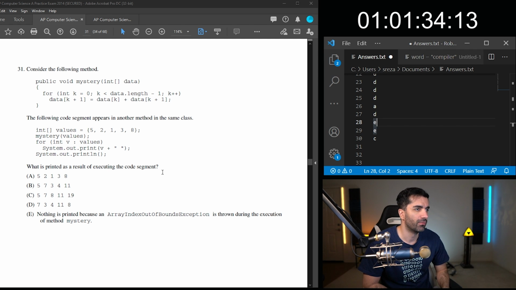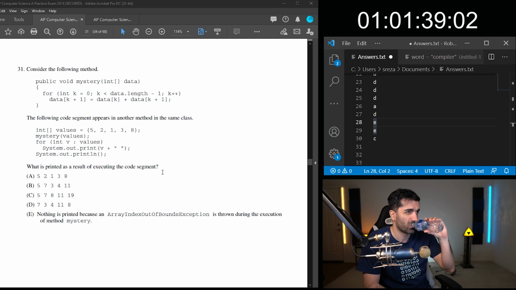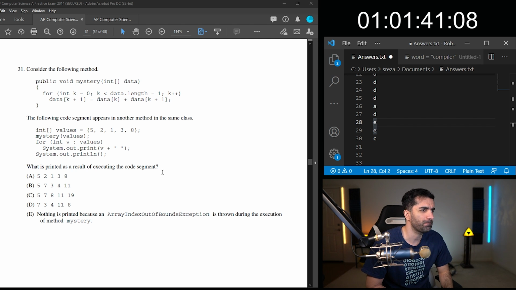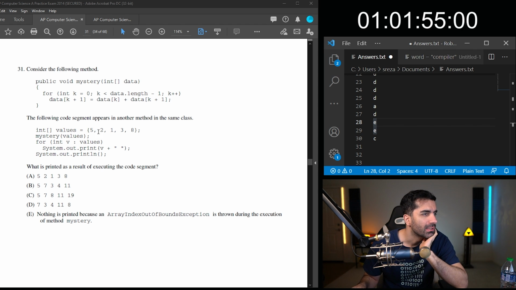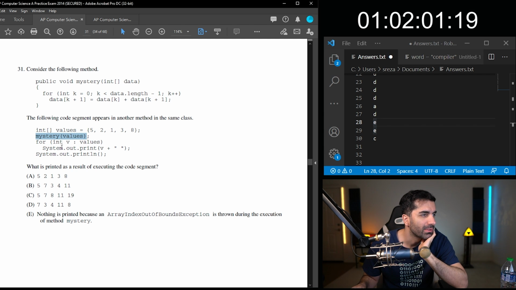Consider the following method. The following code segment appears in another method in the same class. What is printed as a result of executing the code segment? Okay, so we have that. We pass in values, and then we're simply printing out every value.